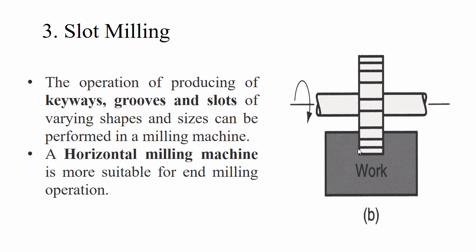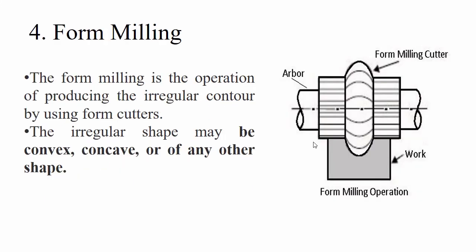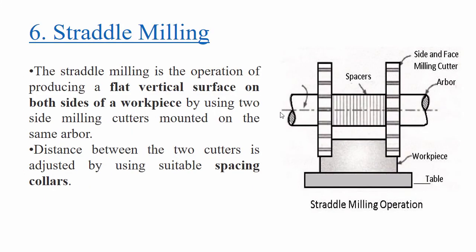Here also you are producing vertical surfaces, but the slot, or the material that you remove, will not be at the end of the workpiece. It is at the center, or it may be in between the surface. But in straddle milling, you are going to remove the material on either side of the workpiece,